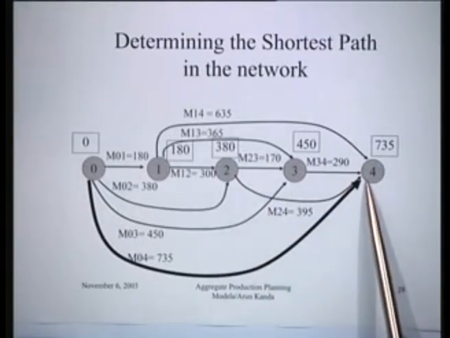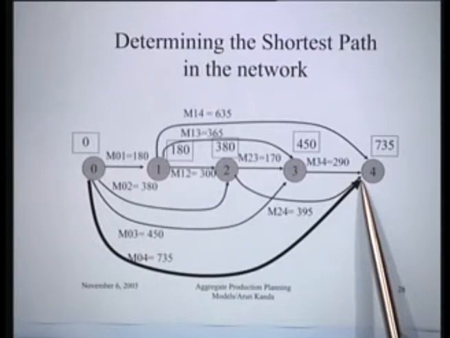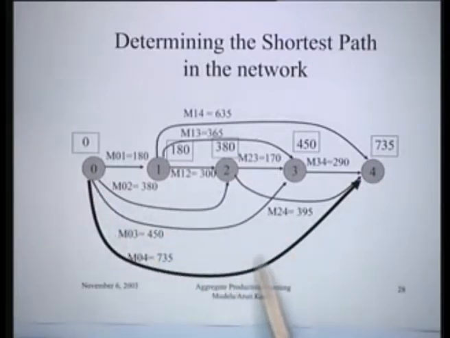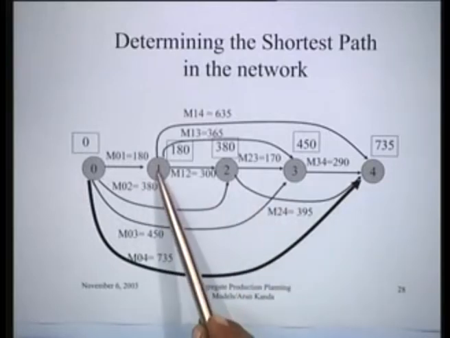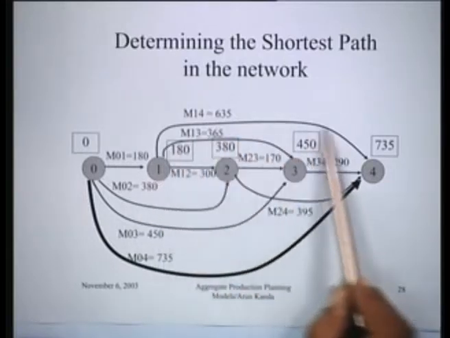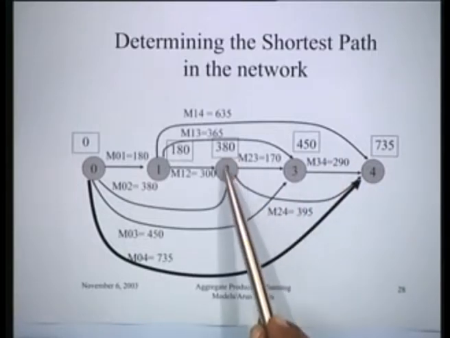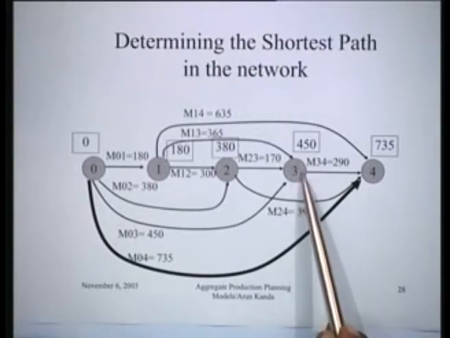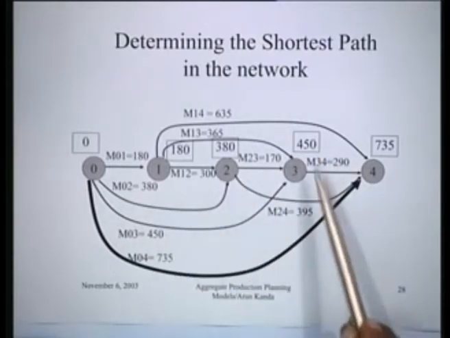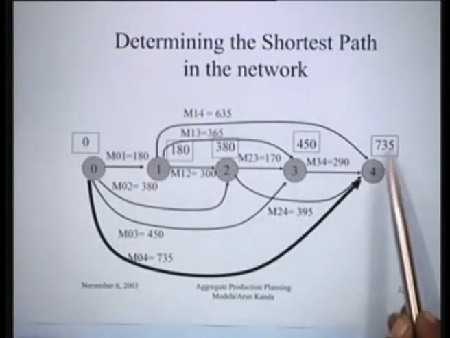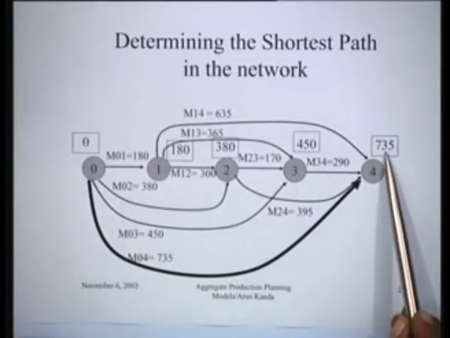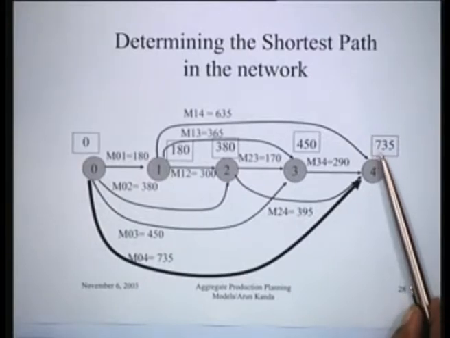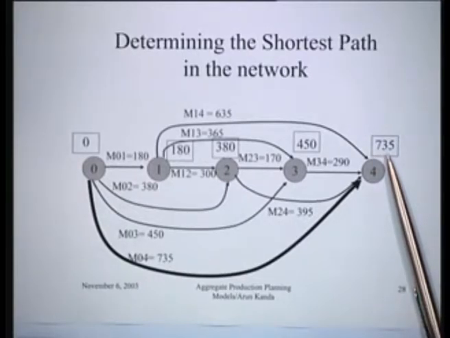you have to take the minimum over 4 values. Which are those 4 values? You will have M04, plus M1 plus M14, M2 which is 380 plus M24, and this is 3 which is 450 plus 290, and the minimum of these 4 values is 735. So ultimately when you compute the boxed value at the terminal node, you have found the optimal solution. The optimal solution to this problem says that the minimum cost will be 735 units,